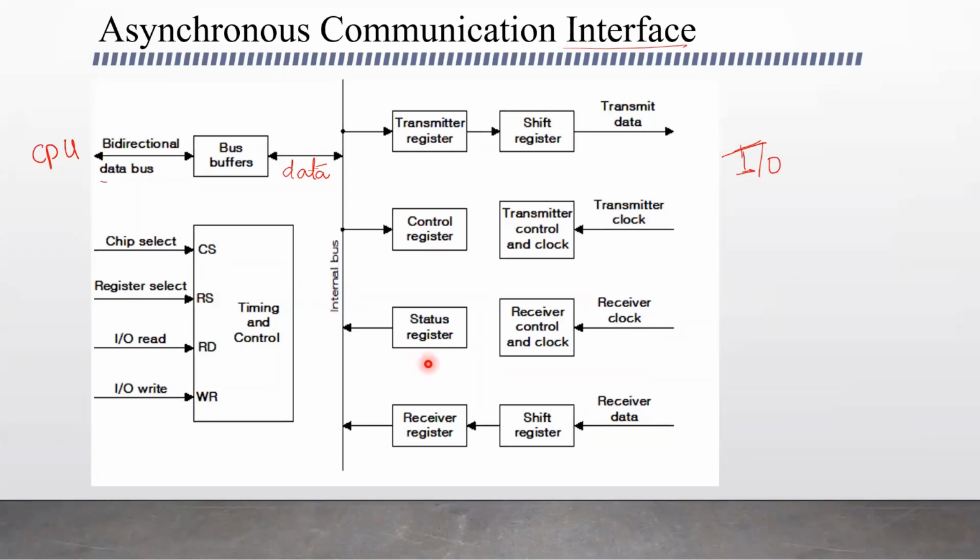And the status register shows the status of these registers. It has flags that are set or reset to show the CPU the status of the transmitter register and the receiver register when the CPU wants to find it: whether the transmitter register is full, already holding data, or whether the receiver register is full or empty.